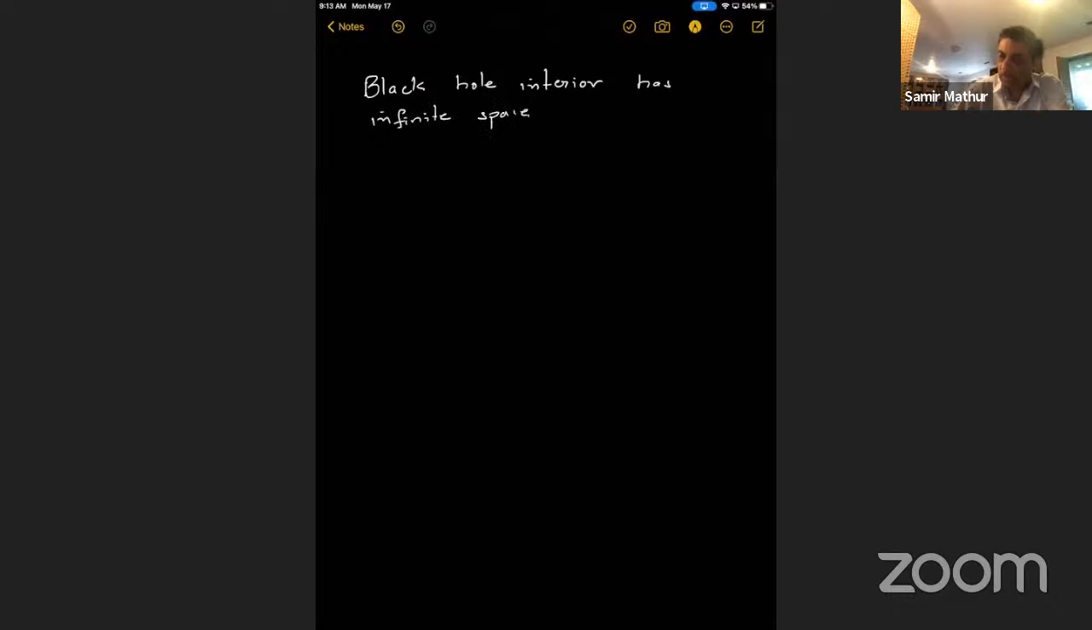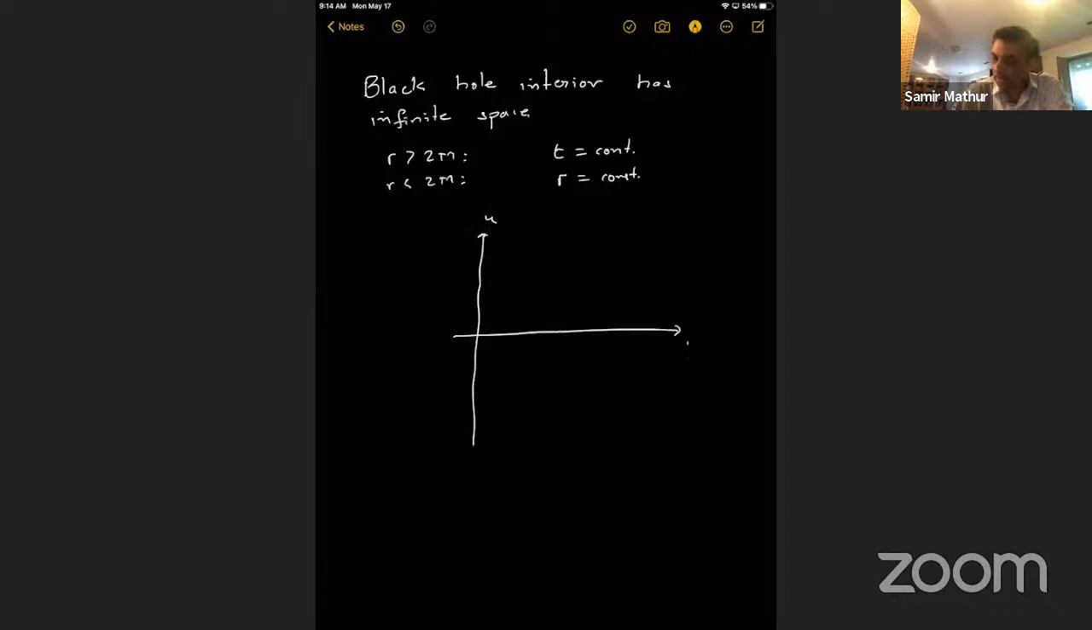That's because outside, for r bigger than 2m, a space-like slice is t equal to constant. But for r less than 2m, because the metric changes sign, a space-like slice is r equal to constant. If you try to draw the whole thing in, let's say, Eddington-Finkelstein coordinates, you can put u here, but most importantly we have r on this side, and here is r equals 2m, and here is r equals 0. Then you find that the horizon is here, and if you draw one slice like this,